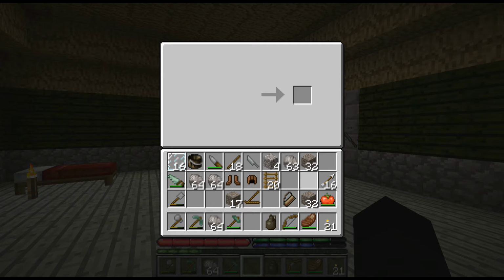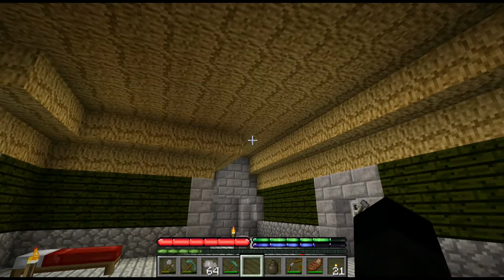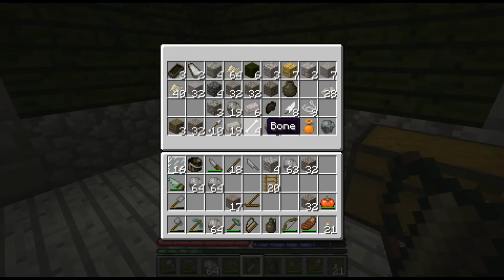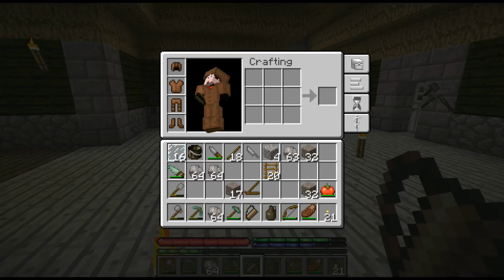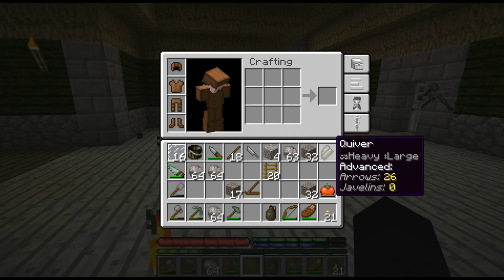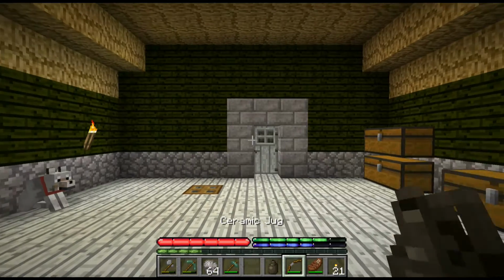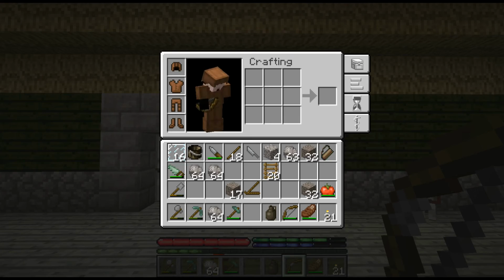quiver. Now, how does the quiver work? I've never had a quiver before. I know how the armor works. Let me have a look. Oh, I can go, leave me some more arrows, and go, in you go. Excellent. And that has got 26 arrows and no javelins in it. So that's pretty useful. But you can't access